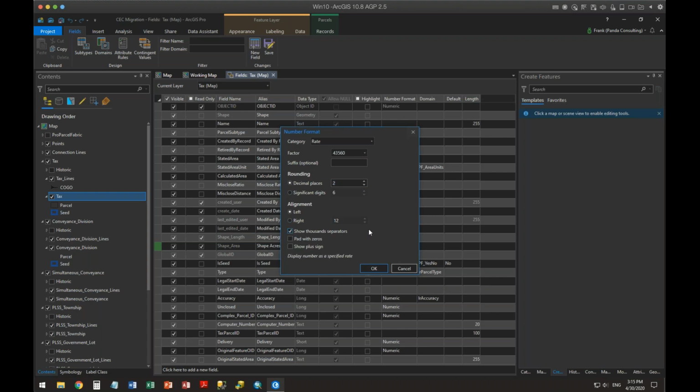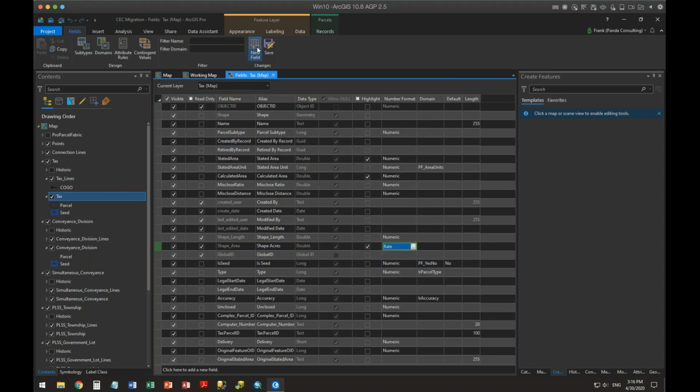Do we want thousands on here? Now, when we do it as a rate, because we could divide it by anything, we actually have the ability to put a suffix in here. So I can put a space and then AC and then parens in there and say, go ahead and do that. When I hit save this,